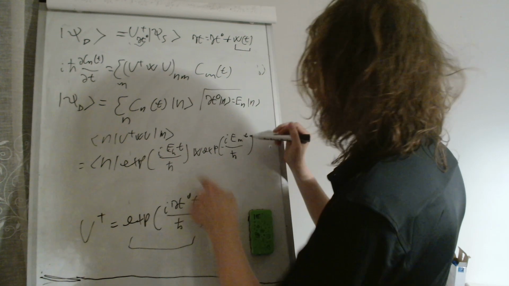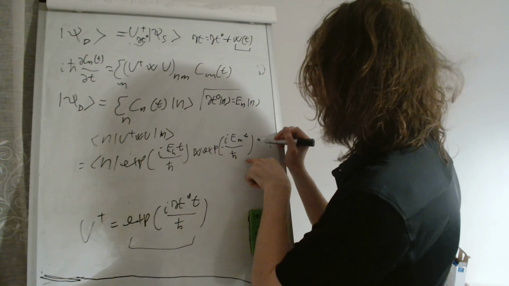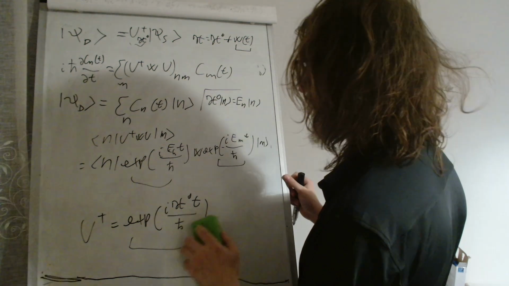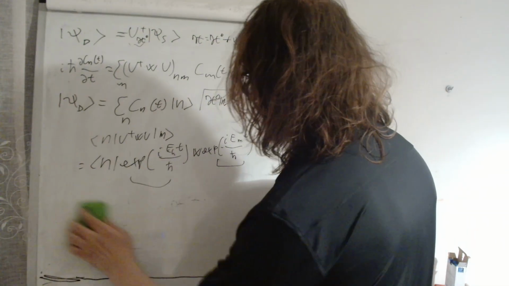This time it's U and not U dagger times |m>. So we can take out these exponentials and we get